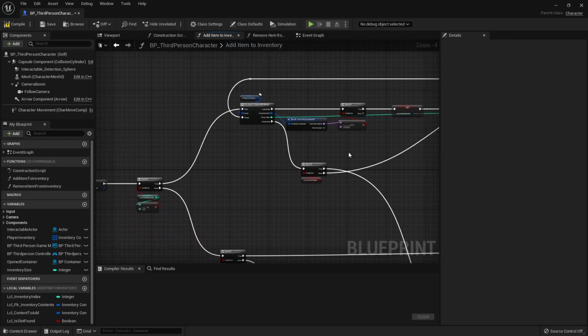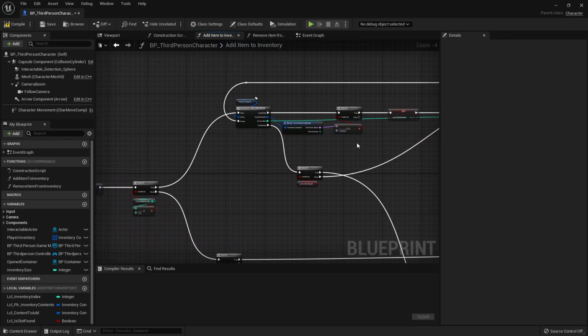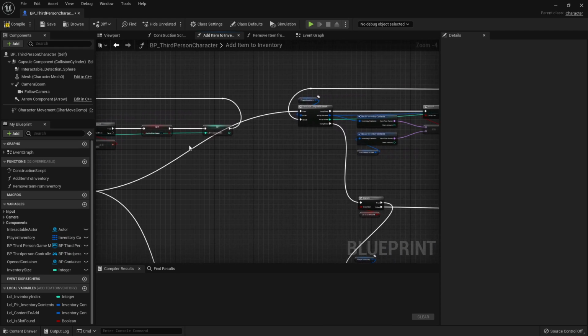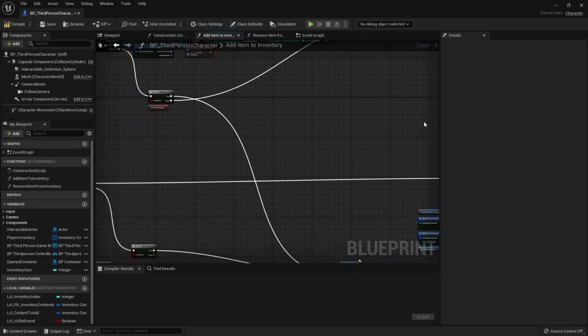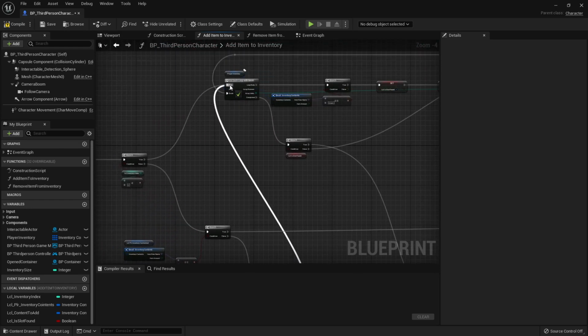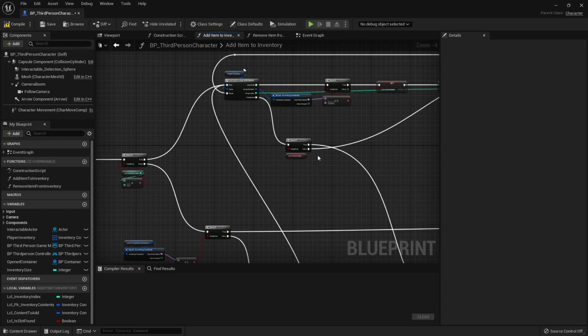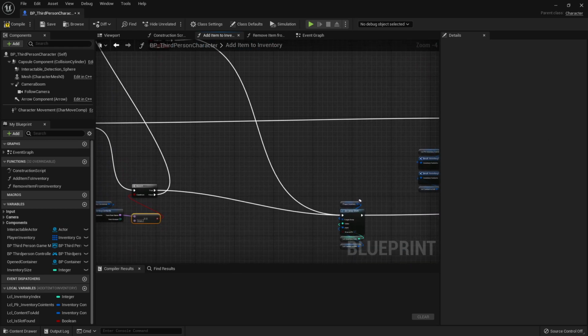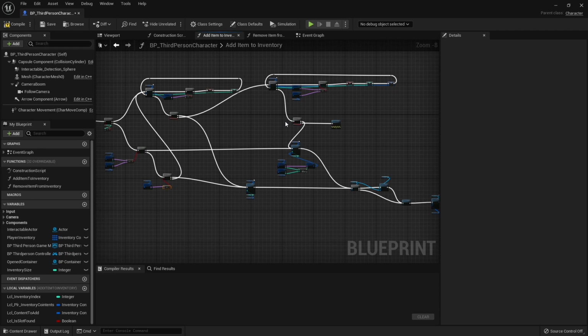So then first we're going to check if we have other slots that may be empty, and if we do not have any empty slots, we're going to check if we have a slot with the same item so we can stack it on top of that. So we're going to grab the false pin over here and simply plug it inside of the first for each loop, and that should make everything work. So I think this function is done. We do not have any loose ends over here except for when our inventory is full,